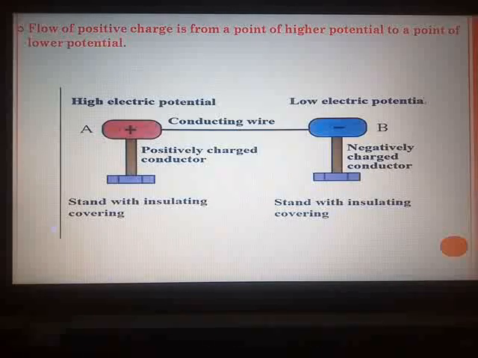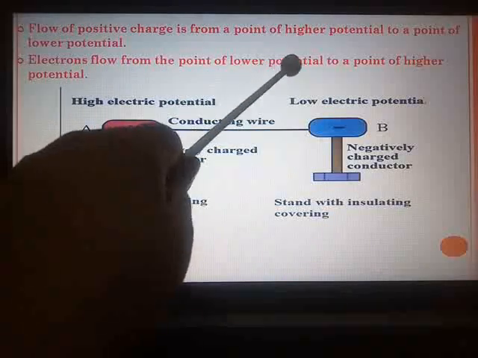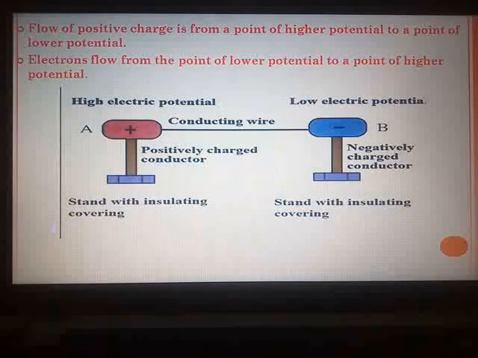And in earlier standards, you have also seen that electricity flows due to the flow of electrons, and the conduction of electricity is due to the flow of negatively charged electrons. And what is the direction of their flow? Electrons flow from the point of a lower potential to a point of higher potential. A lightning strike is the flow of electrons from the point of lower, that is negative potential, on the clouds to the point of higher, that is the zero potential on the earth.